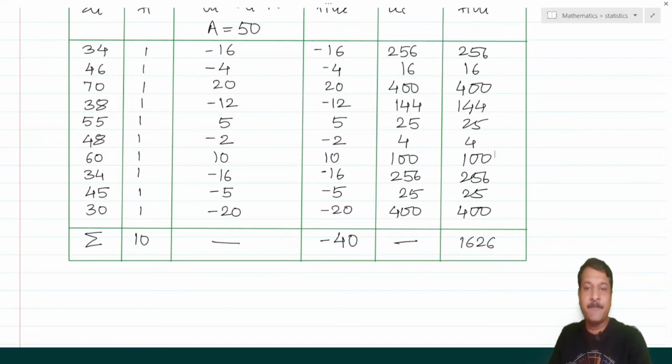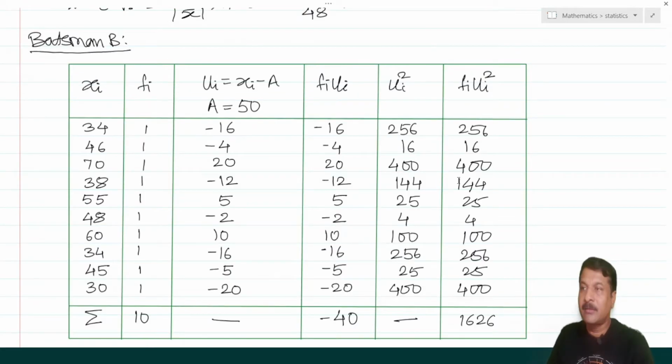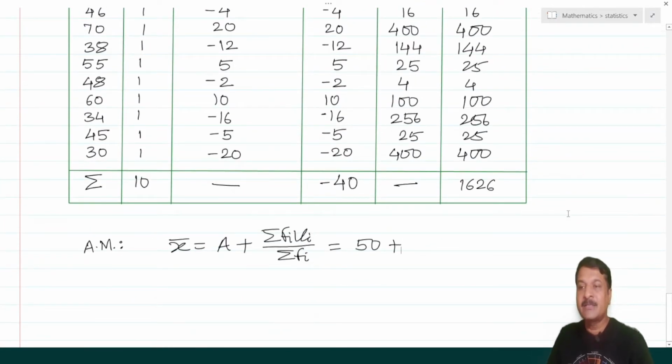So again you find here, that is x bar equal to a plus summation of Fi ui upon summation of Fi. So that is equal to a, we consider here. Note that here random mean or working mean not necessary to consider, just like for batsman A. For batsman B you can consider random mean any mean which differs from batsman A. But in this case I consider the same, that is why here 50. Summation of Fi ui, it is minus 40 divided by summation of Fi, which is 10. So minus 40 by 10, it is minus 4. So 50 minus 4, that is